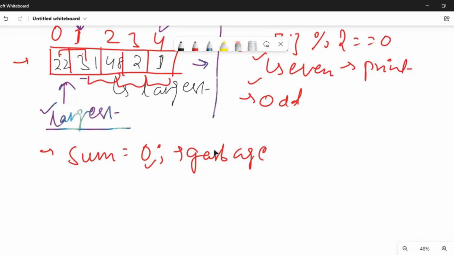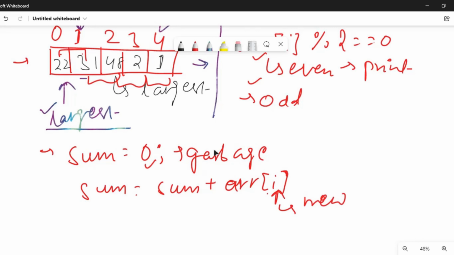For that we will be using the statement sum = sum + arr[i]. As soon as the i value is updated, we get the new values of the array, and at last print the sum. So this was the logic of all three questions.